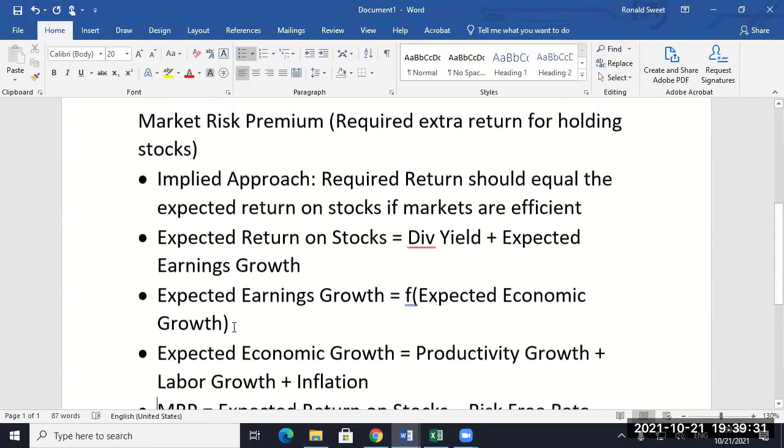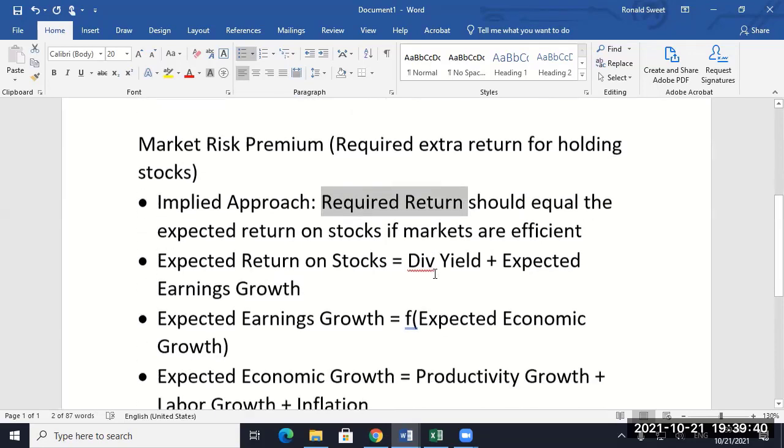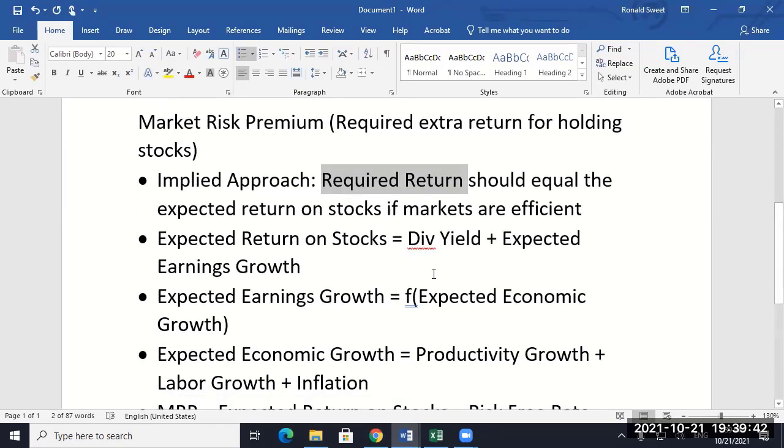Now, there's one major theoretical problem with this whole thing: whose required return are we talking about? The average investor. Do you care about the average investor? I mean, what number do you actually need? You need your required return. Why do we have to go out there and theoretically figure out your required return? Why are we assuming that you're the average investor? So how do you come up with your required return for you personally?